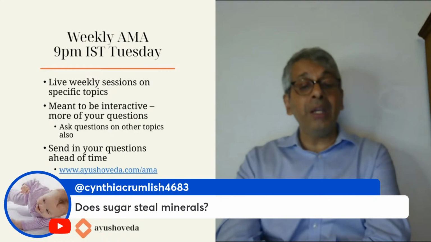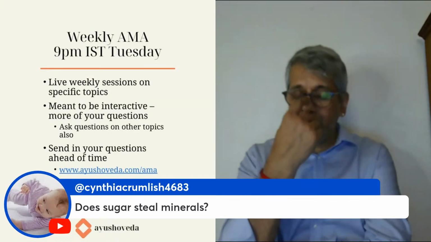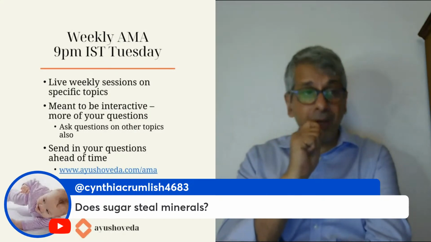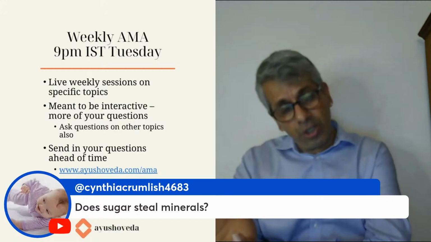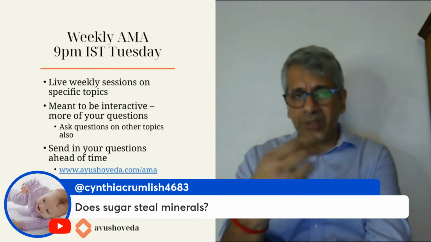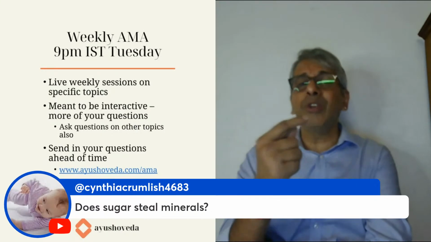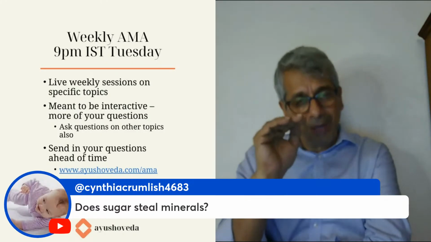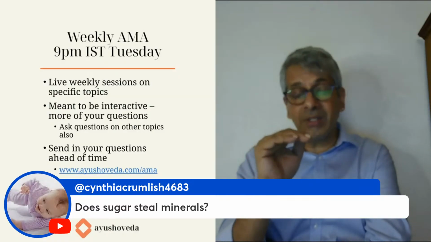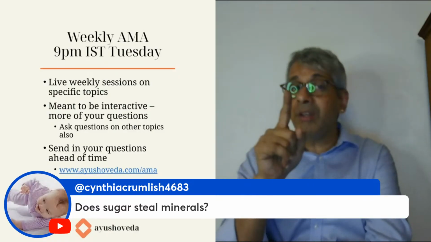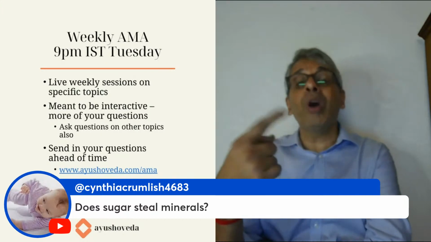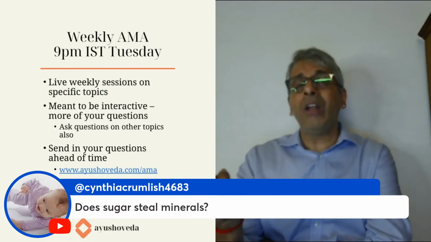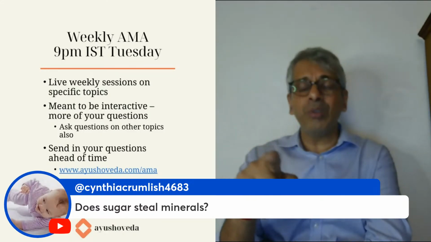Just sugar, steel, minerals, processed sugar, like bleached and all the sugar. People say that it actually takes a lot of minerals out of the system, but I'm not very sure about it. I would say this is a small thing, but sugar has not been considered to be bad as per Ayurveda. Okay. Sita. Sita pacifies Vata and Pitta, and it increases Kapha a little bit. So bone health, if you look like that, Sita is good. Okay, but you can't overdo it. But Ayurveda doesn't mention processed sugar. Processed sugar nowadays, you do a bleaching and all those things to it. That might not be very good.